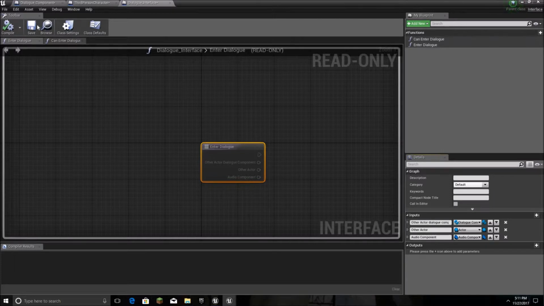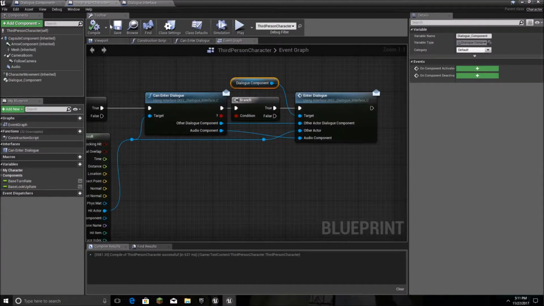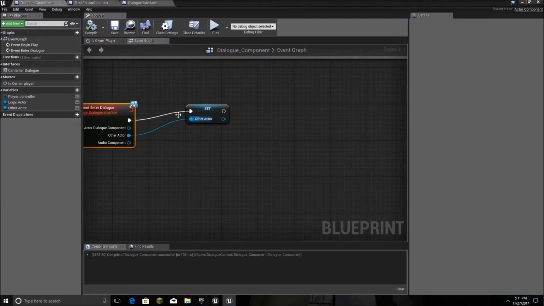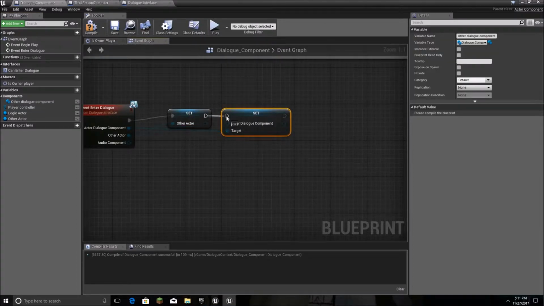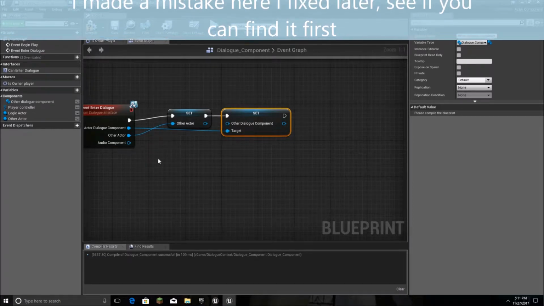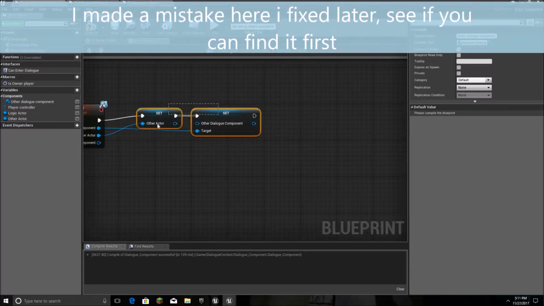Alright, there we go. Now we're going to promote this to a variable. We'll say other dialog component. Alright, we got that. Now we're not going to promote this, we're going to do something else with that. Before we do that,